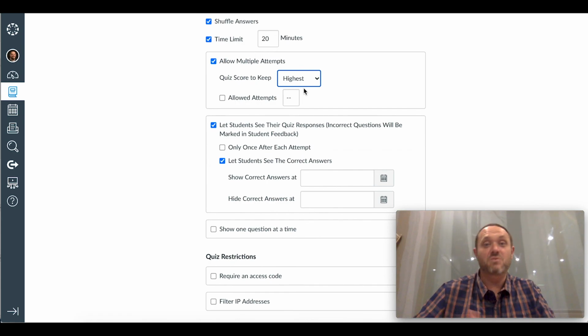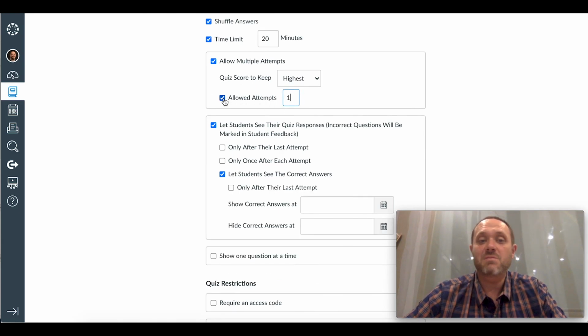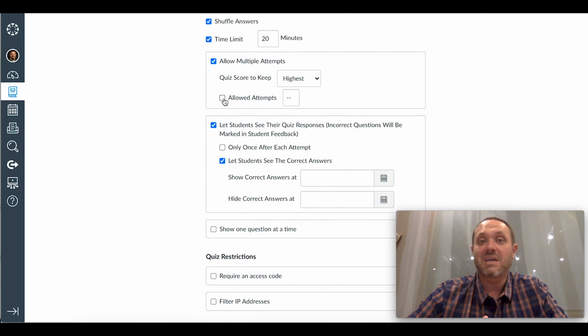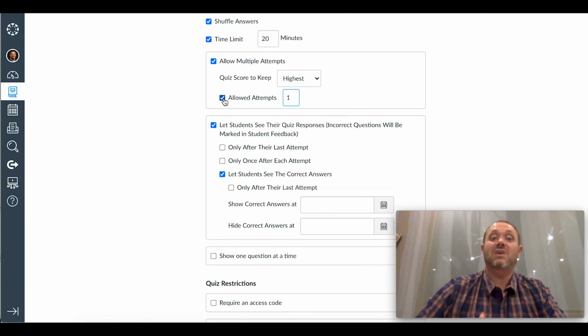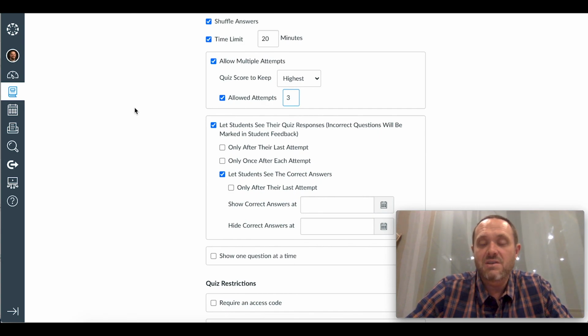In that case, you want to choose the latest or choose an average. But those are choices you've got. Then you can choose how many attempts. If I leave this unchecked, it just allows them to take it an infinite number of times. As soon as I check that, then I need to indicate how many times they're going to take it. As I've put in my assignment instructions, I'm going to allow them to take it 3 times, and it'll automatically